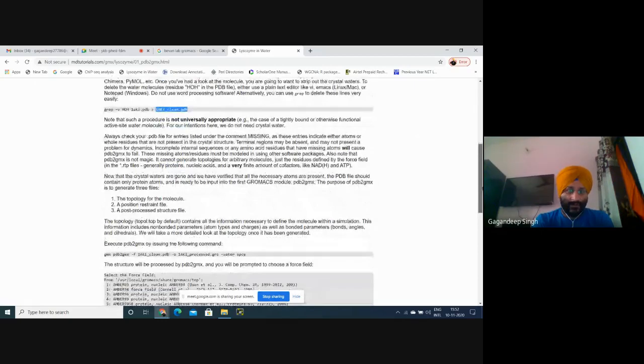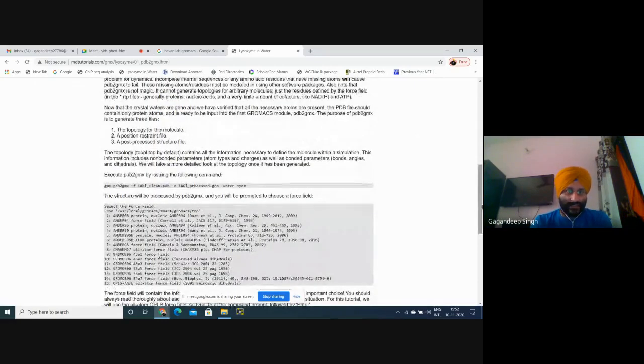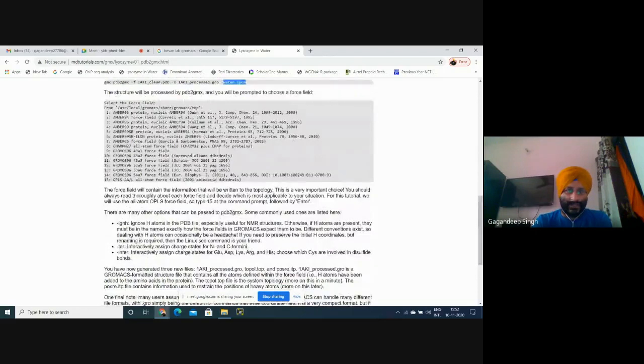Then for our next command, what will we do? When we go to add the topology, we'll use GROMACS. gmx is basically GROMACS, with pdb2gmx converting the protein data bank structure to GROMACS. Our clean structure is the input, and we give the output a name with .gro, and the water model, or whatever conditions you want. Then it will give you some 15 to 16 force fields, meaning you choose what type of force field you want to add.